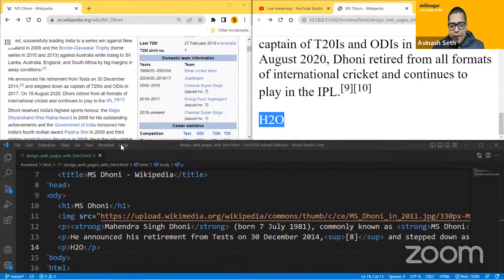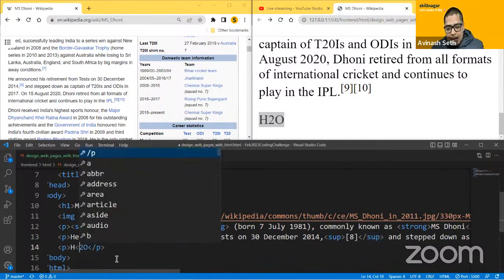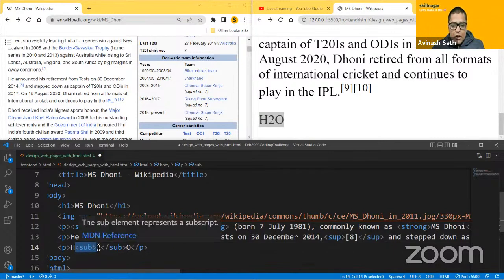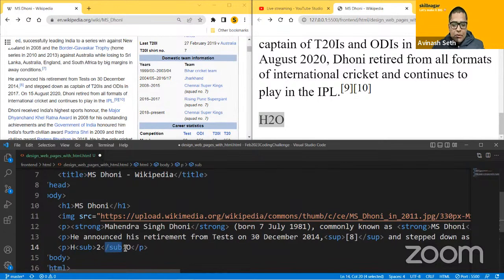So what I will do, I will pick this 2, and now I will use something similar to sup. I will use sub. So I will say SUB. Again, I understand it looks a bit confusing. SUB 2 and closing SUB.